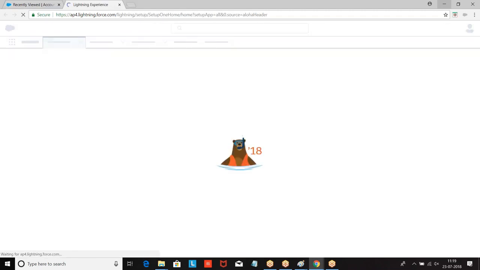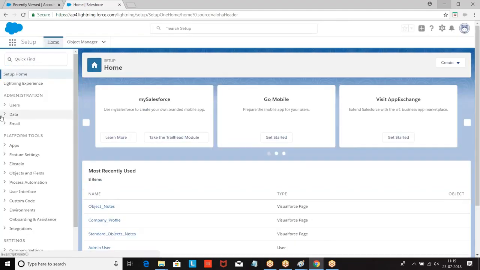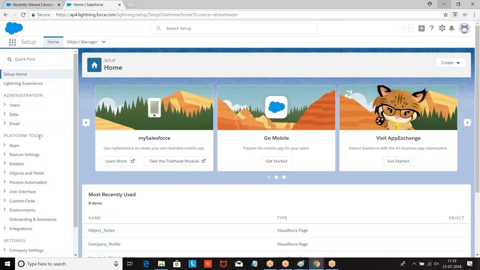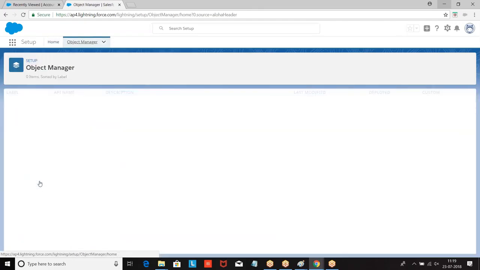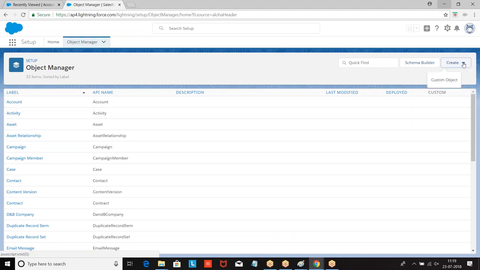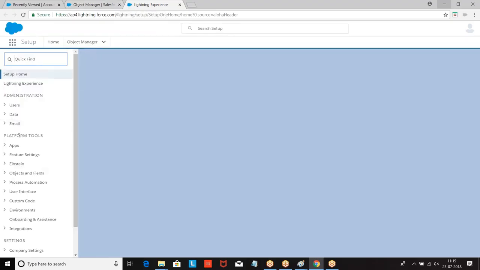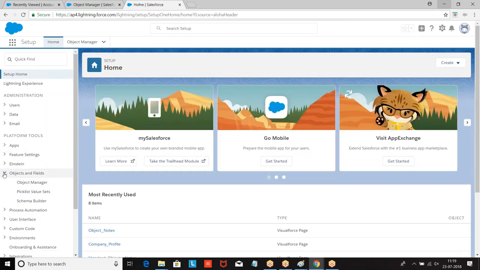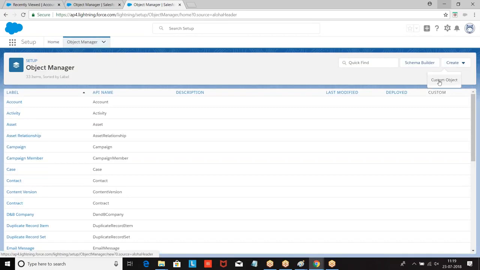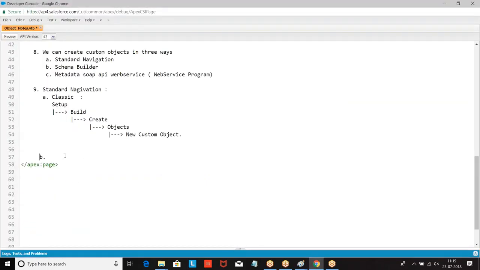Setup, Platform Tools, Objects and Fields, Object Manager, then Create Custom Object.